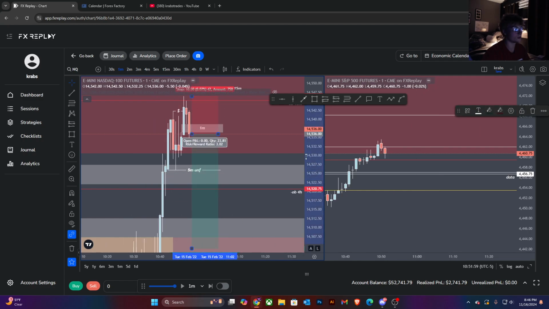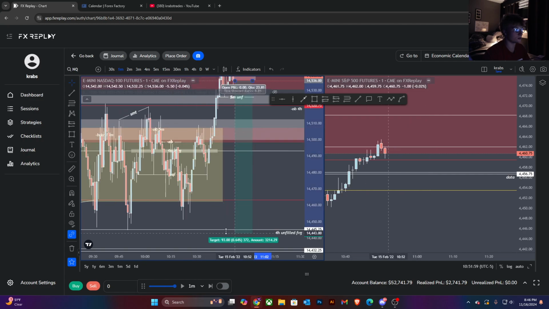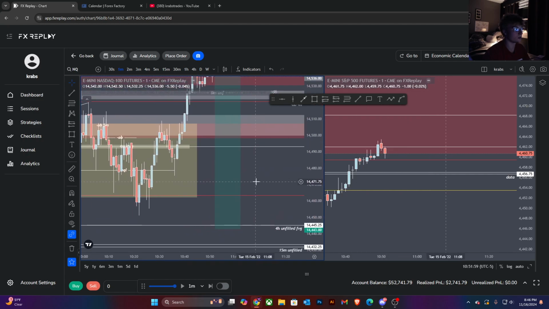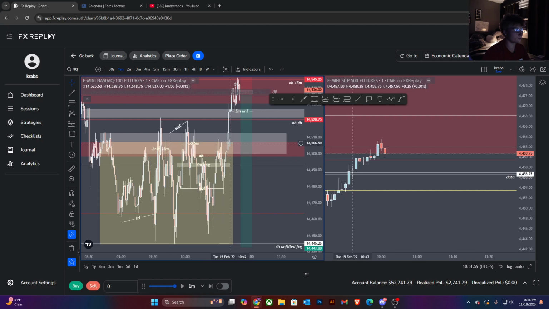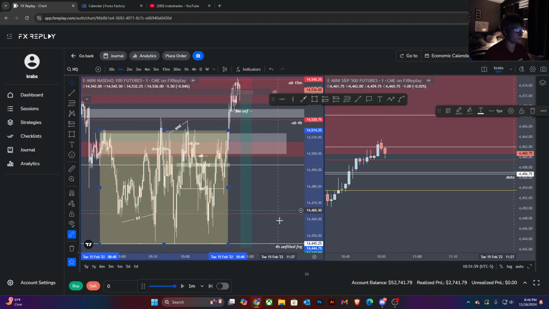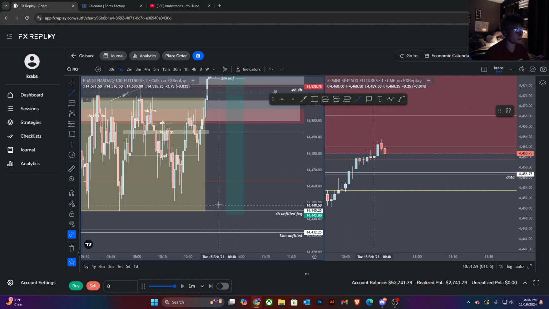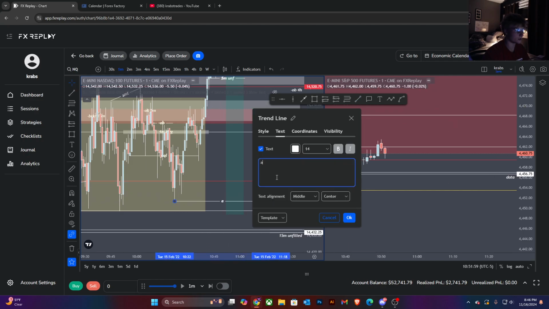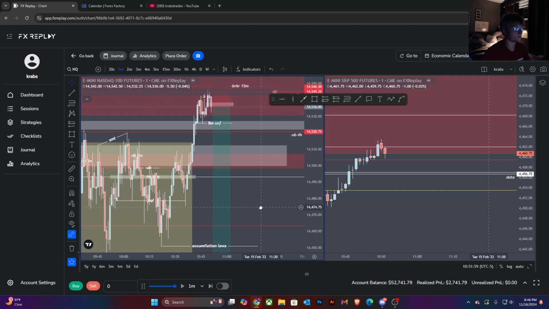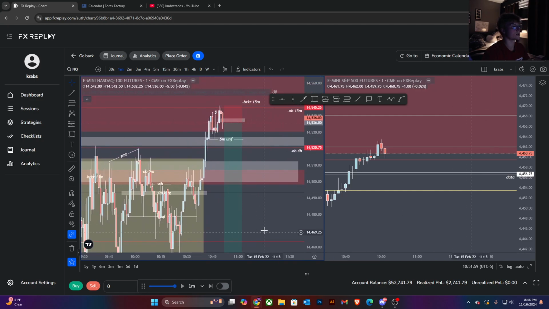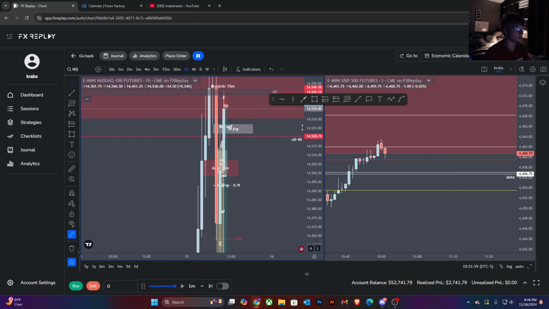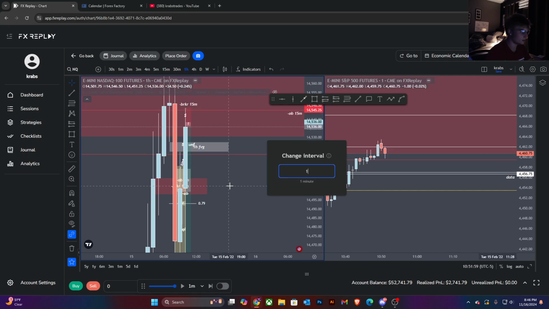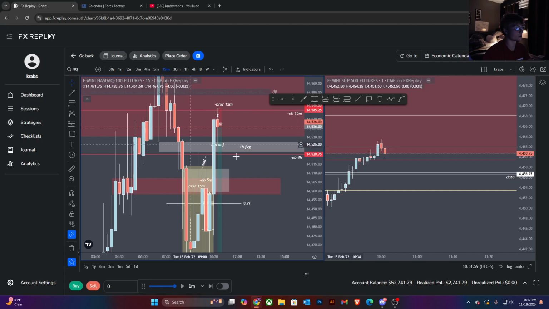TP1, 1-on-1, and then runners. Really good risk on this setup as well. Got accumulation lows here. We're just going to take it at the first one right there. But yeah, risk here is too good not to try this. Also hourly, I think we're going to hold this hourly for value gap. I don't really care about the structure shift at all.